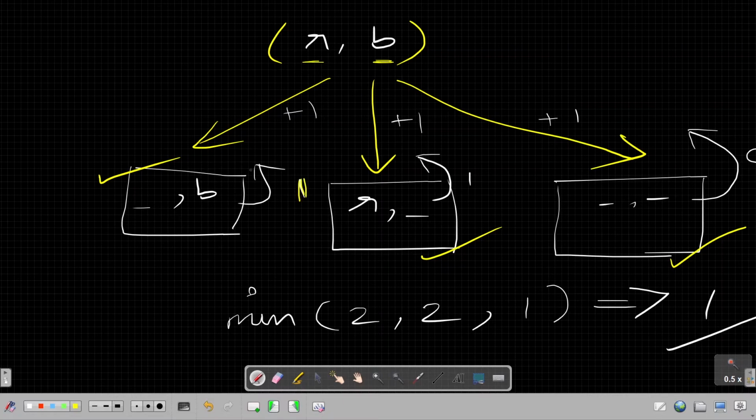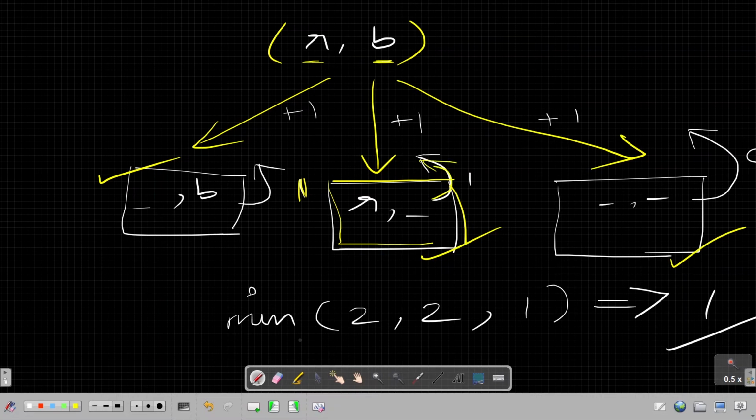The same reasoning can be applied for this base condition also, where the second string is empty. We need to convert the first string to the second string, and the minimum number of operations needed is equal to the length of the first string, which is 1.